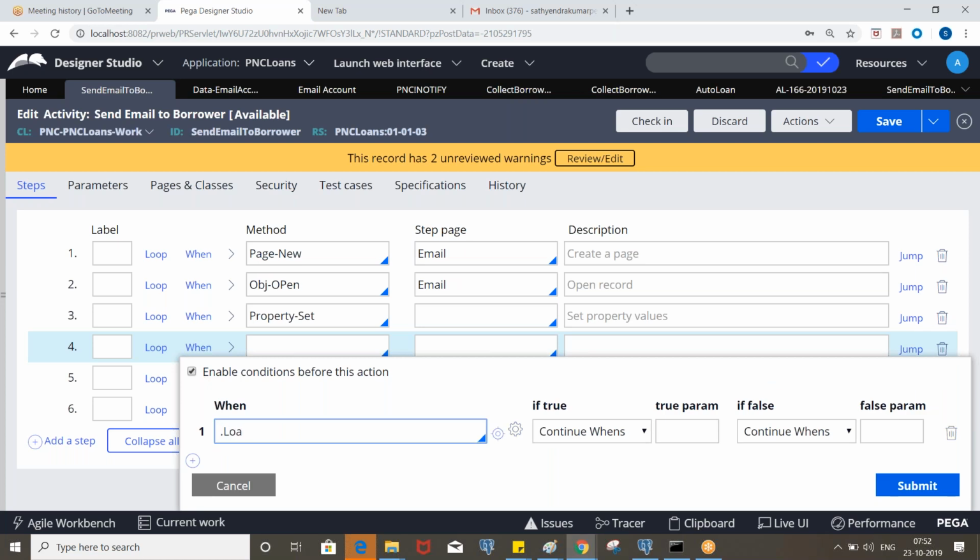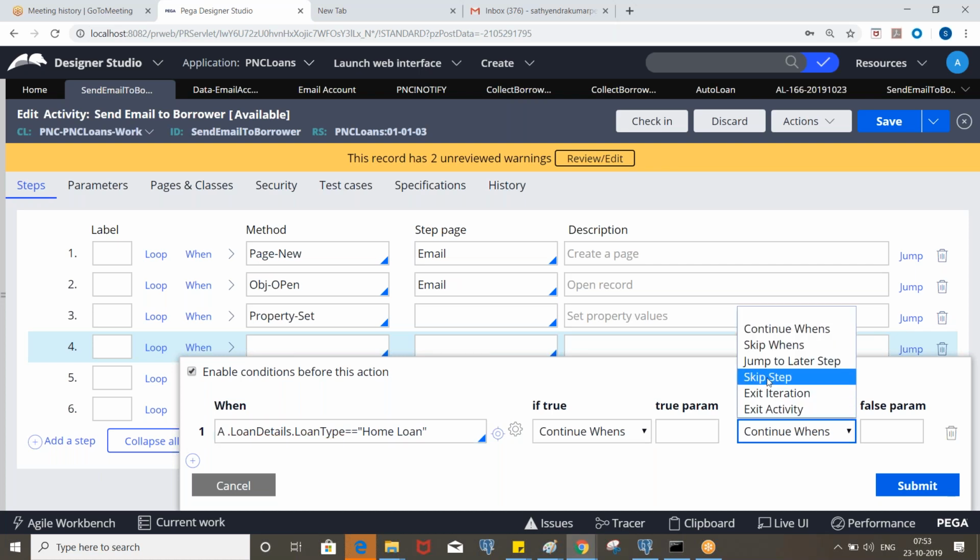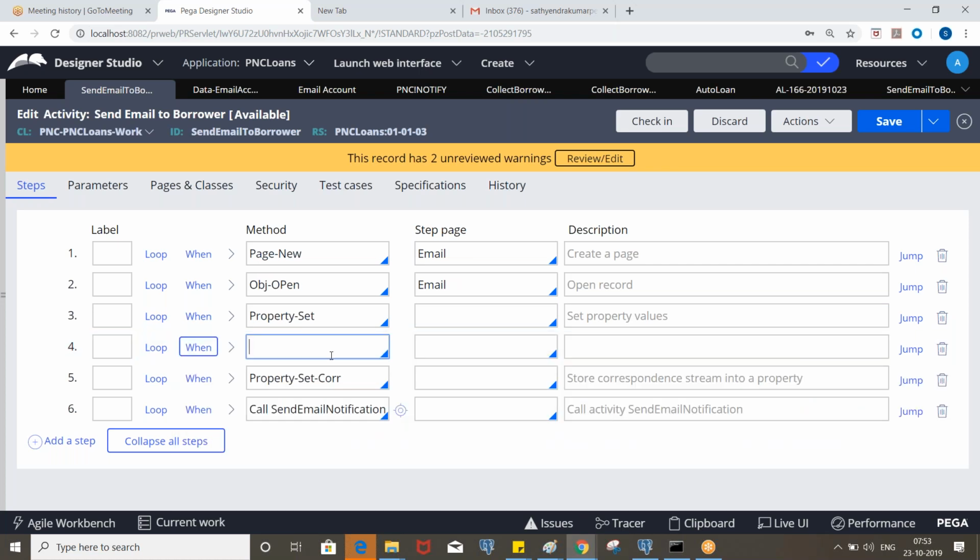Loan details dot loan type is, sorry, home loan, whatever it is, we need to take the different email and password. So if it is home loan, it will continue. Otherwise, it will skip it.